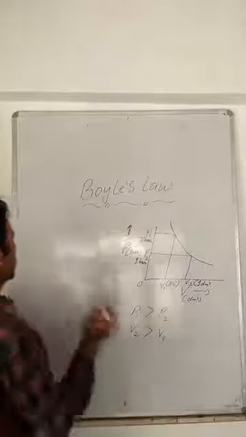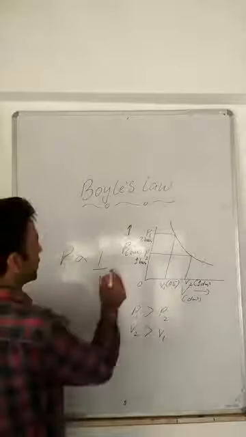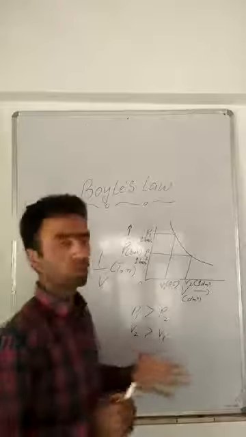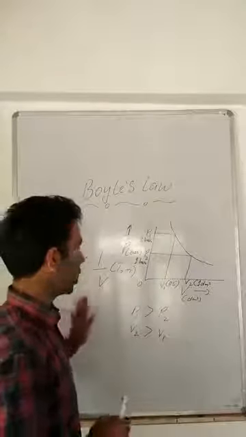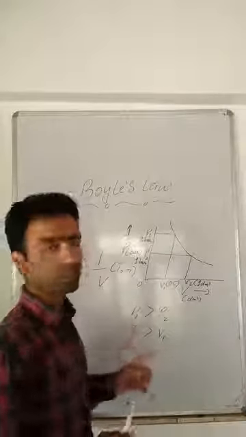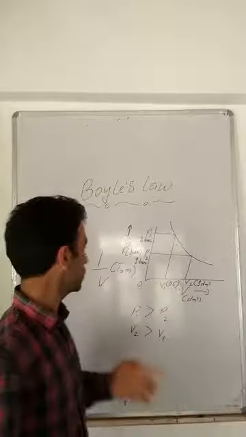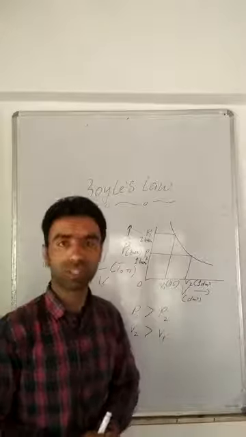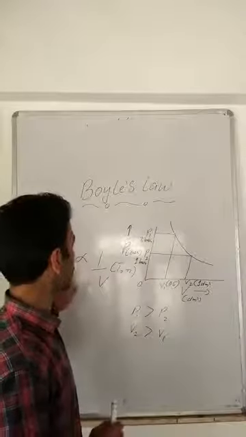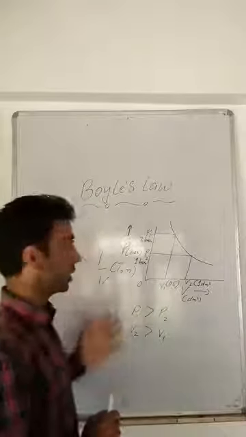So I can say there is an inverse relationship between pressure and volume once the temperature and number of moles of a gaseous sample are kept constant. So this is the crux of Boyle's law. In Boyle's law, we say that once the temperature of a gaseous system is kept constant and we have a fixed amount of that gas under observation, the pressure has an inverse relationship with volume. If we increase pressure, there is a corresponding decrease in volume, or if we decrease pressure, there is a corresponding increase in volume. So they share an inverse relationship.